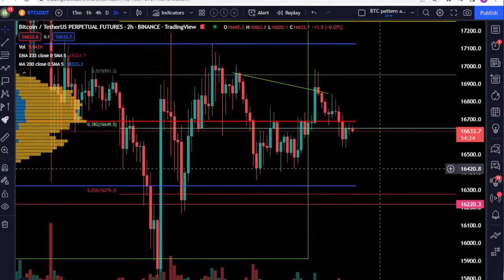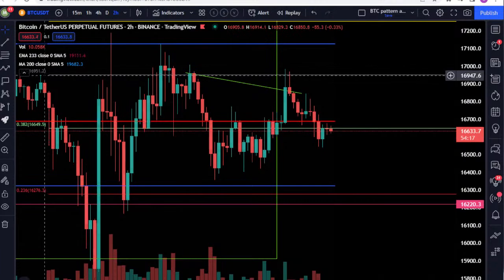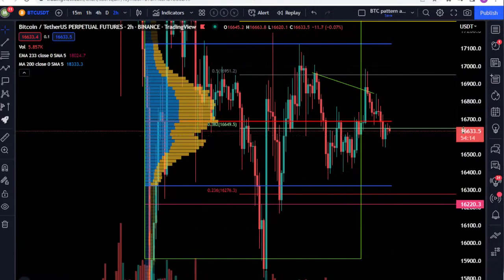And we may break down to the value area low. It's a possibility, but we are holding. This level is very strong for Bitcoin. Bitcoin is very strong at this level. It's probably,